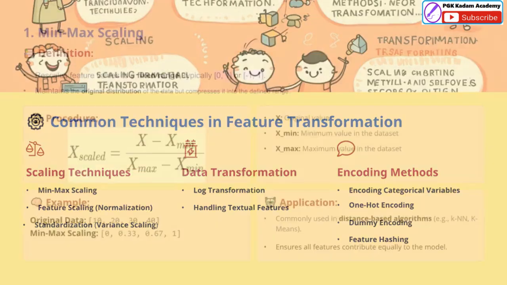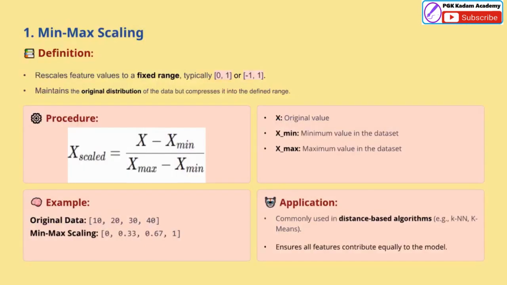models. Min-max scaling is a technique that rescales feature values to a fixed range, typically 0 to 1 or -1 to 1. It maintains the original distribution of the data but compresses it into the defined range. The procedure involves taking the original value, the minimum value in the dataset, and the maximum value in the dataset. This allows us to transform the original data into the target range while preserving the relative relationships between the values. Min-max scaling is commonly used in distance-based algorithms like KNN and K-means to ensure all features contribute equally to the